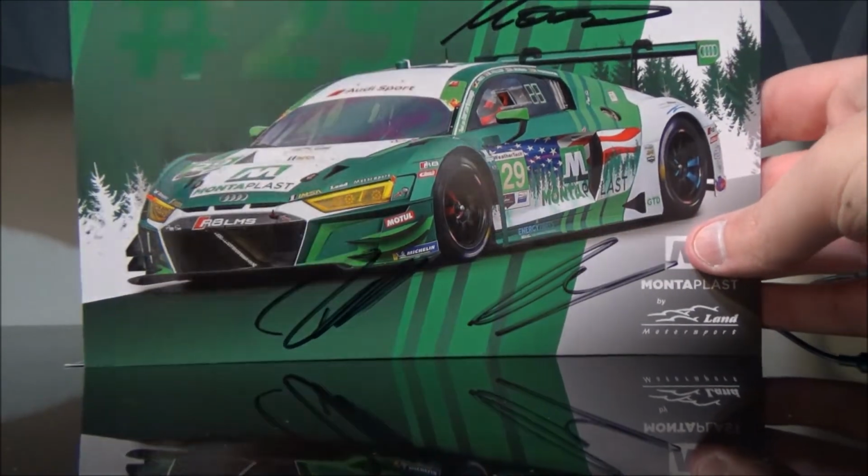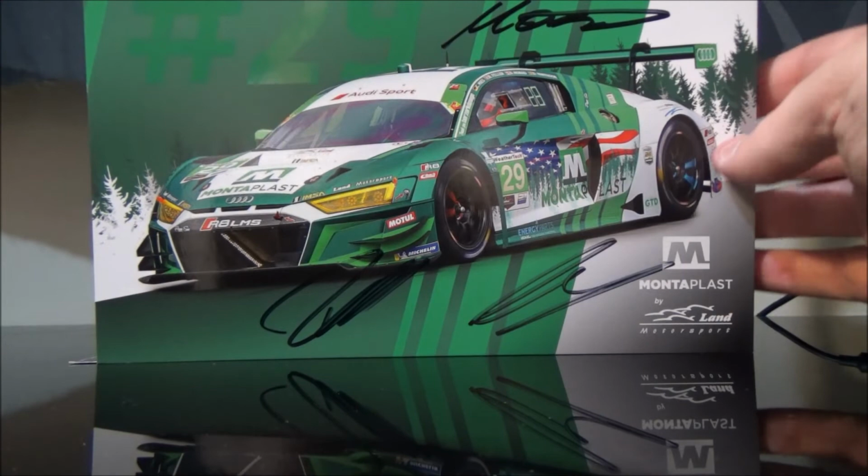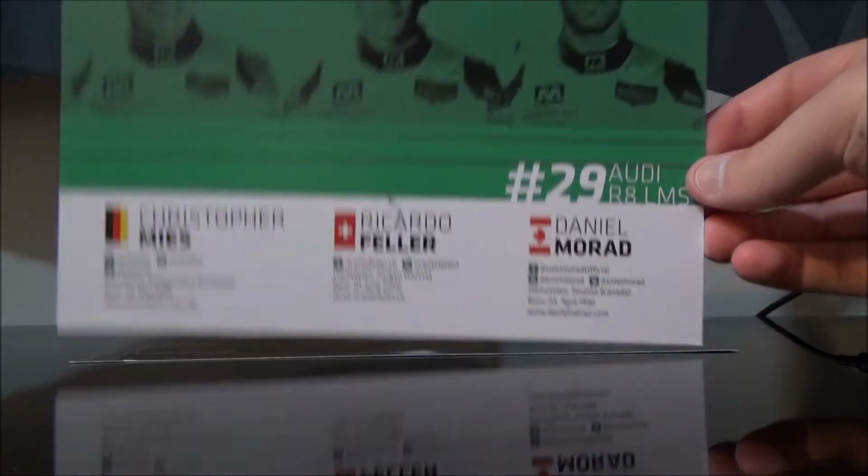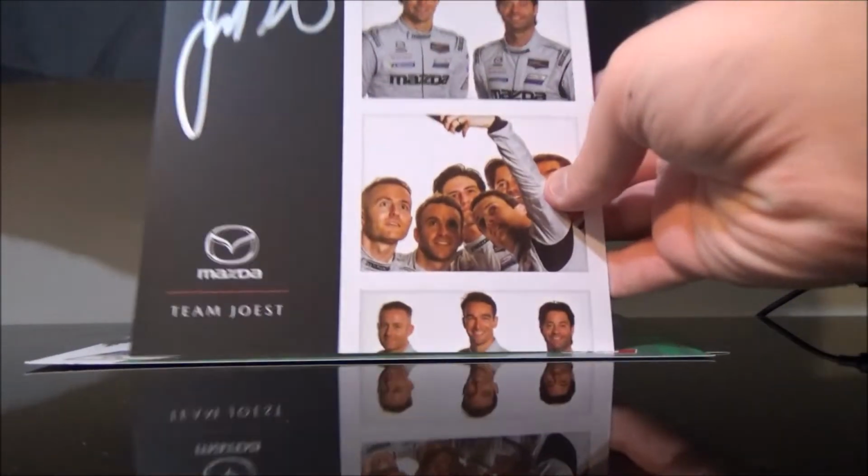There's the Land Motorsport Audi. This is one of my favorite hero cards. I don't know why. I just love this hero card. And most of these guys were at the Nürburgring about a week ago. Let's see. Ooh, this is a good one. I have to really kind of... Let's see. I have to...